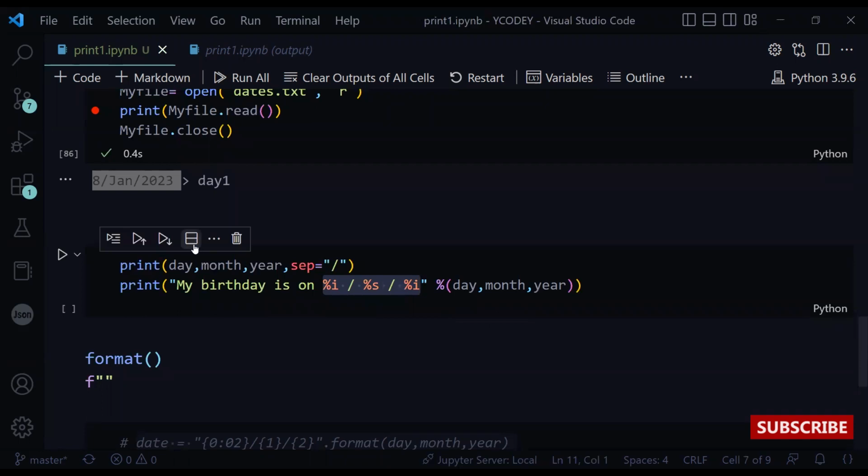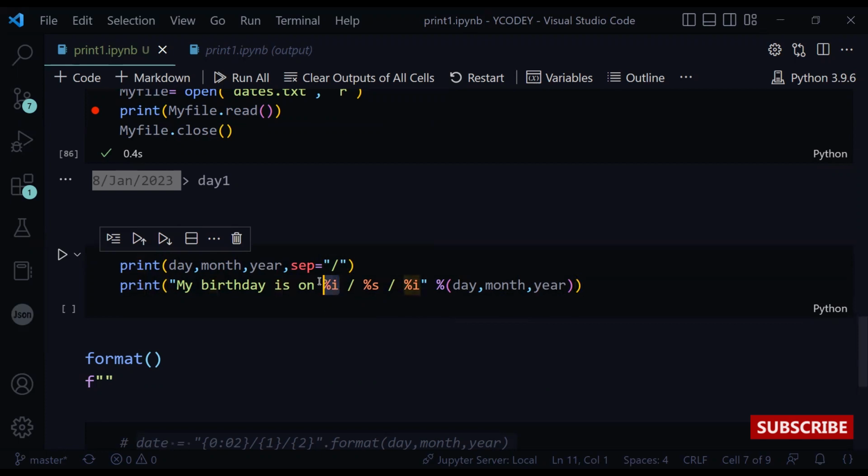That's it. So for that, I use the percentage mark and i. This is for integer because my day is of type integer, and there's s for string. Because my month is January, it contains letters, so it is a string. And then again year, it only contains numbers, so it is an integer value.